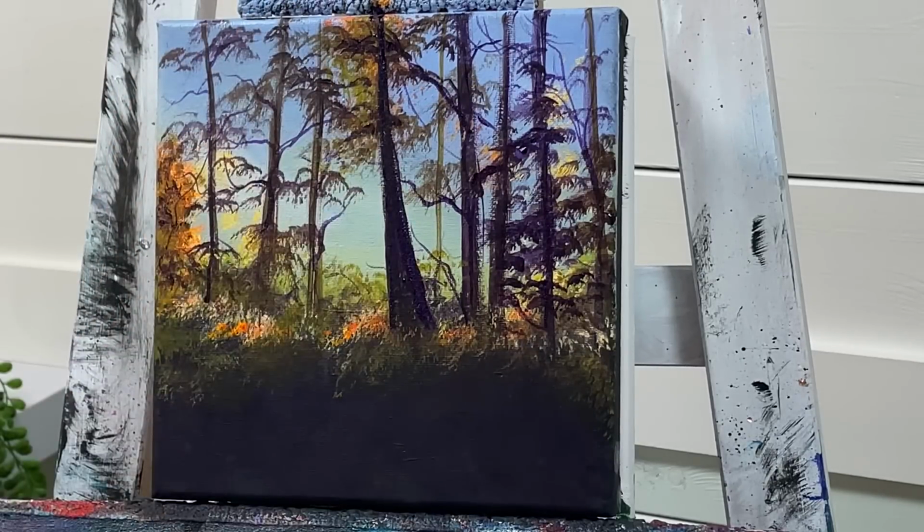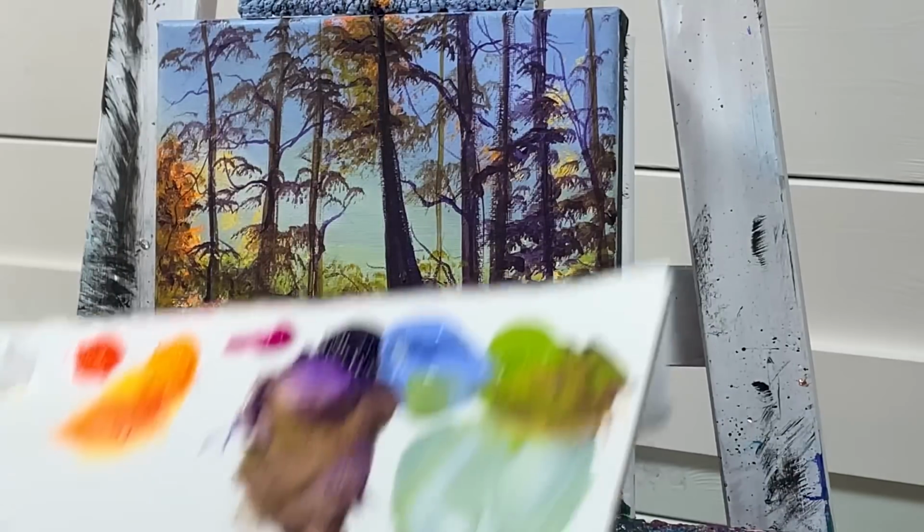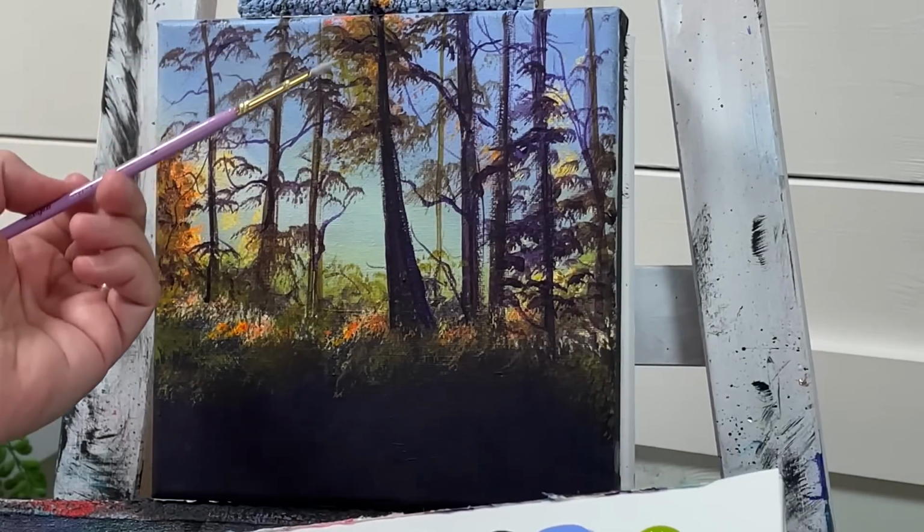Now there's another color that I want to add on this painting, but to do that I'm going to dry this all off first, and then you'll see how I add a bright color that you would not think of adding and how it's going to look so pretty. Okay, so the color that I want to add, I'm going to use my number 3 round